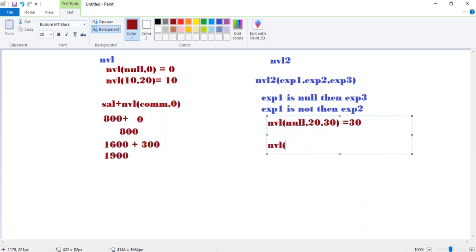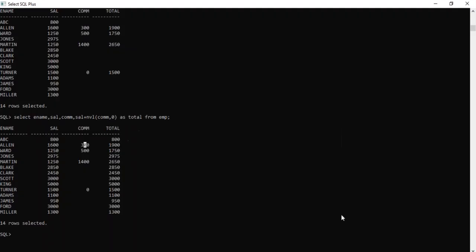Now the same thing, just type 10 here. If expression 1 is not null, then it is returning expression 2. So in such cases we can go on. I'll explain how NVL will be applied in real time when the scenario classes come. You don't need to worry about it.